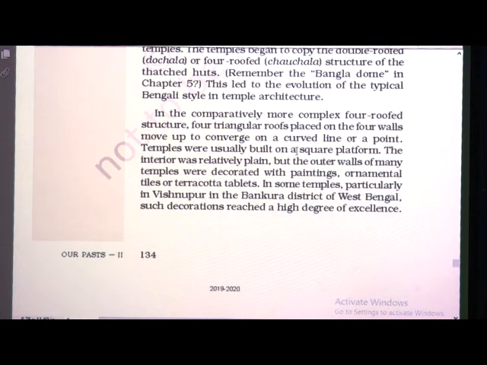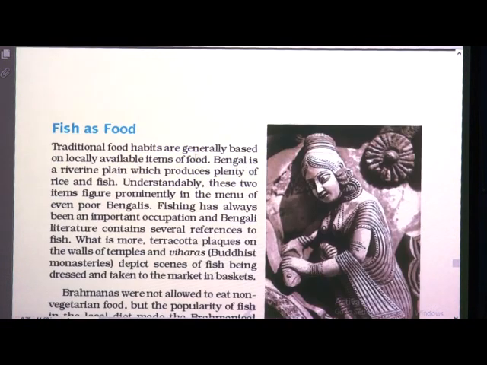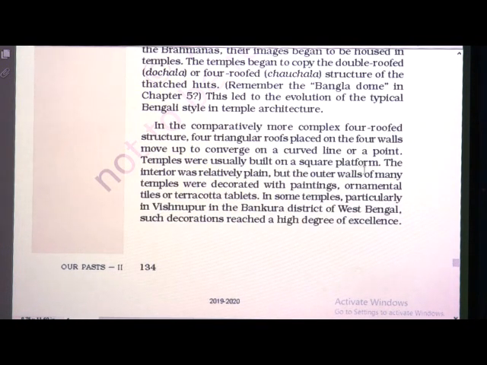In the comparatively more complex four roofed structure, four triangular roofs placed on the four walls move up to converge on a curved line or a point. Temples were usually built on a square platform. The interior was relatively plain, but the outer walls of many temples were decorated with paintings, ornamental tiles or terracotta tablets. In some temples, particularly in Vishnupur in Bankura district of West Bengal, such decorations reached a high degree of